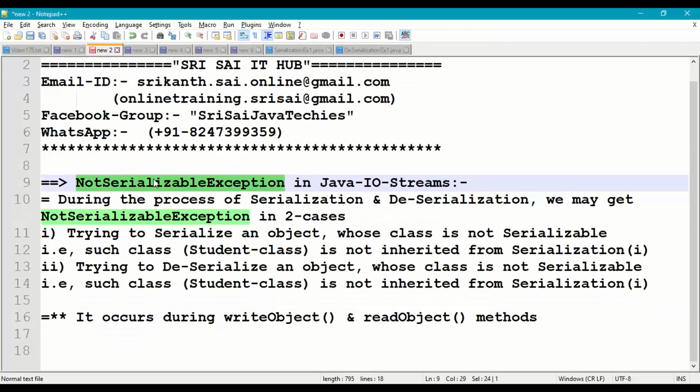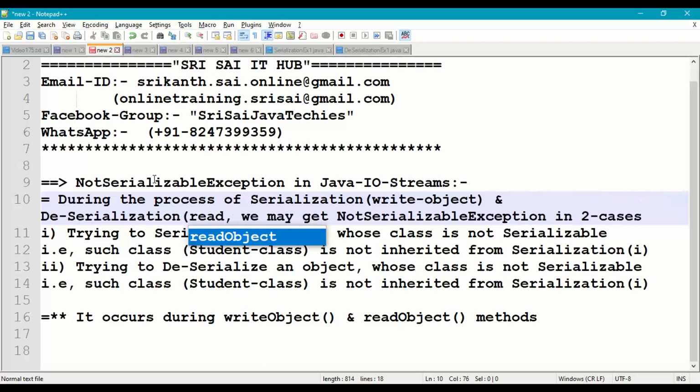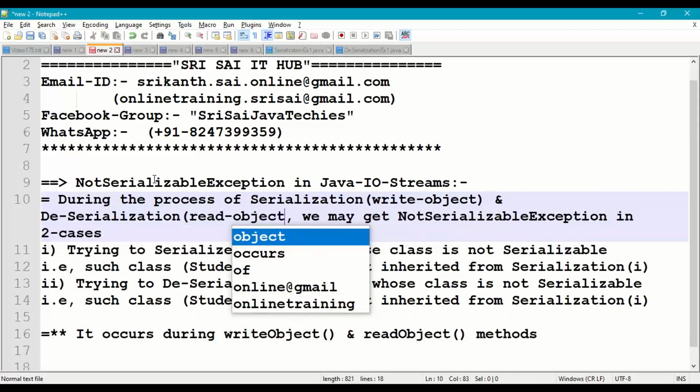So now coming to the concept of not serializable exception in Java IO streams during serialization and deserialization process. So basically, we get this exception during the process of serialization. So serialization means write object, and deserialization means read object.